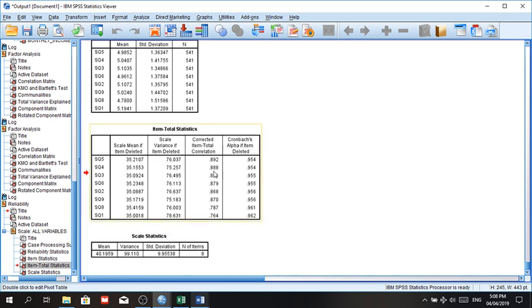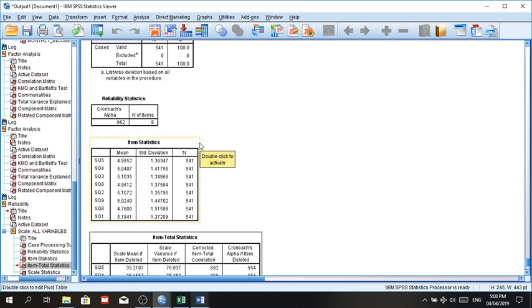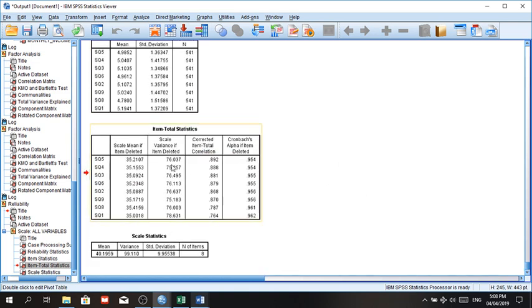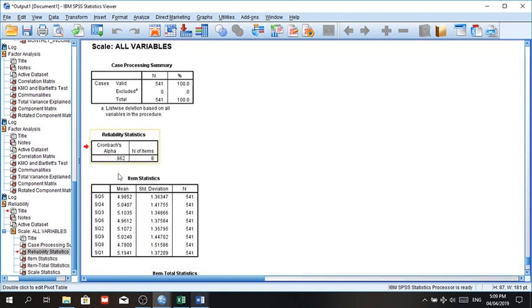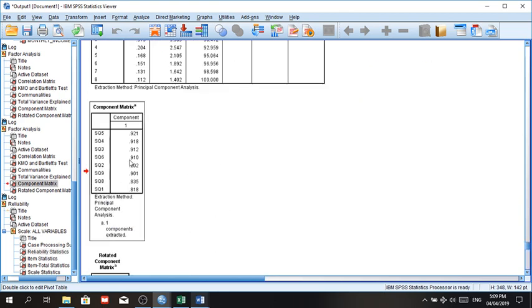Now, this is where I also want to focus some attention. You see this item total statistics? This is like a sensitivity analysis where you can see what would happen, let's say, if you delete SQ5 from the model. Then your Cronbach alpha goes down to 0.954. It's just another way for you to ensure that you're getting good reliability results here. It's also similar to the validity one. So we got a good Cronbach alpha score here, 0.962. That means that we achieved a certain degree of validity